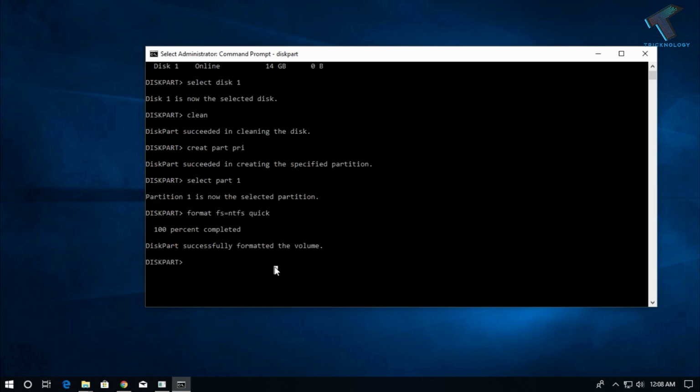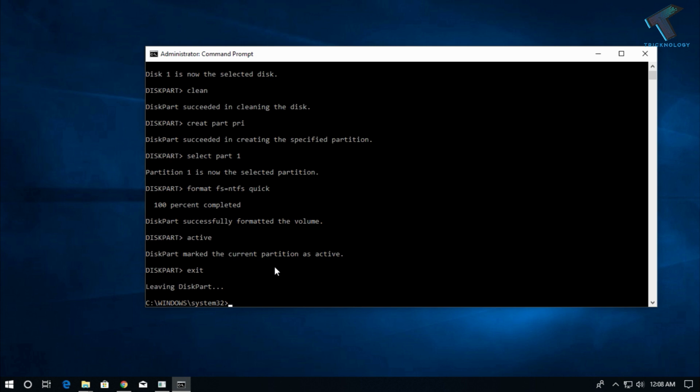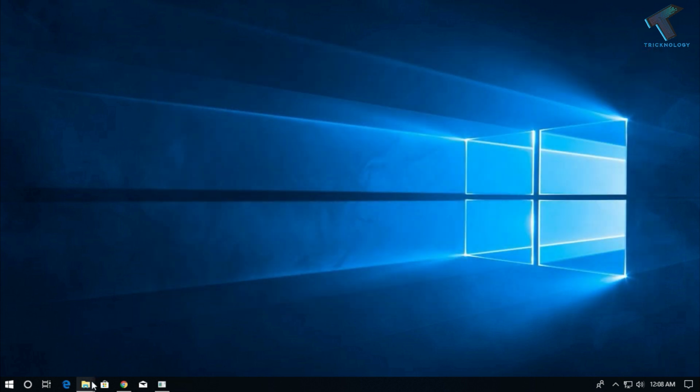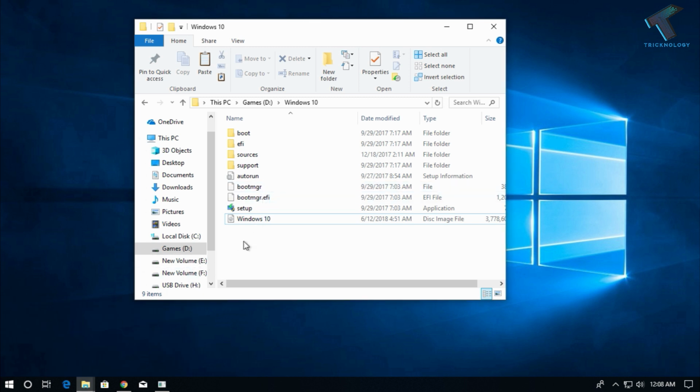So now you have to put the command called active, and diskpart marks the current partition as active. Now you have to put the exit command. So it's done. So now what you have to do is you have to copy your Windows file into your